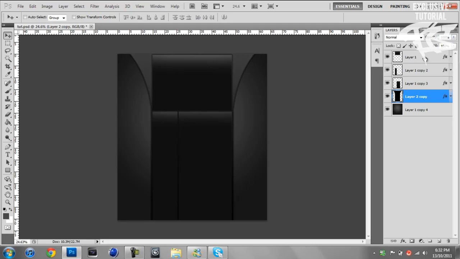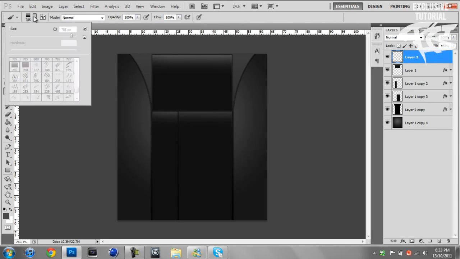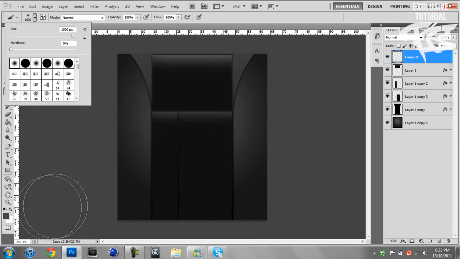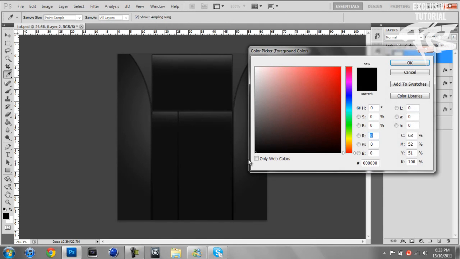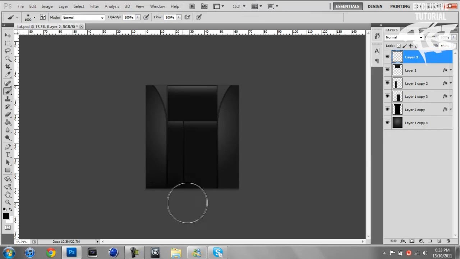Alright, and another thing that you'd want to do at the end of your background, I know this won't be the end of the video, but this won't be the end of the series, but you want to make a new layer. Make sure it's always at the top of your layers. Get the brush tool and get this brush at the start. Make it about 1,000 will do, and make it the darkest scheme of whatever this color is. So mine would be a very dark grey, and what you want to do with it is just brush over it like that,